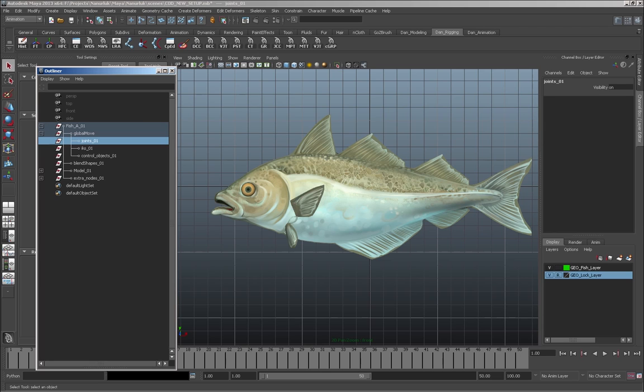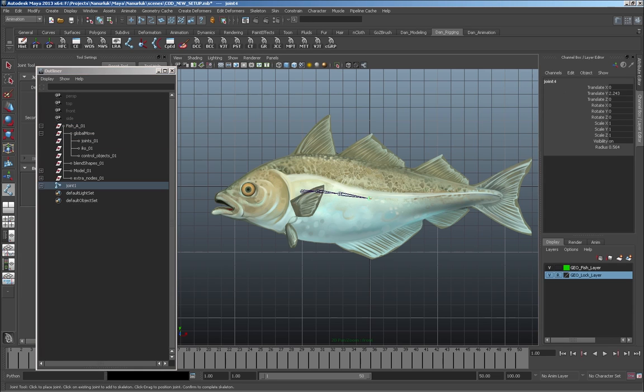So because of that, I'm not going to set up a neck joint and a head joint like I normally would, where I would have a center of gravity or a center joint where I reverse the bone structure. So I would go, let's just say for instance, one set of joints would go down the body like this and into the tail, and then I would create another set that essentially goes up the neck, so that at this center point here, I'd be able to reverse the control and have the fish sort of curl either way. Because I'm not doing that, I'll just want to run an entire joint chain down the whole length of the fish,